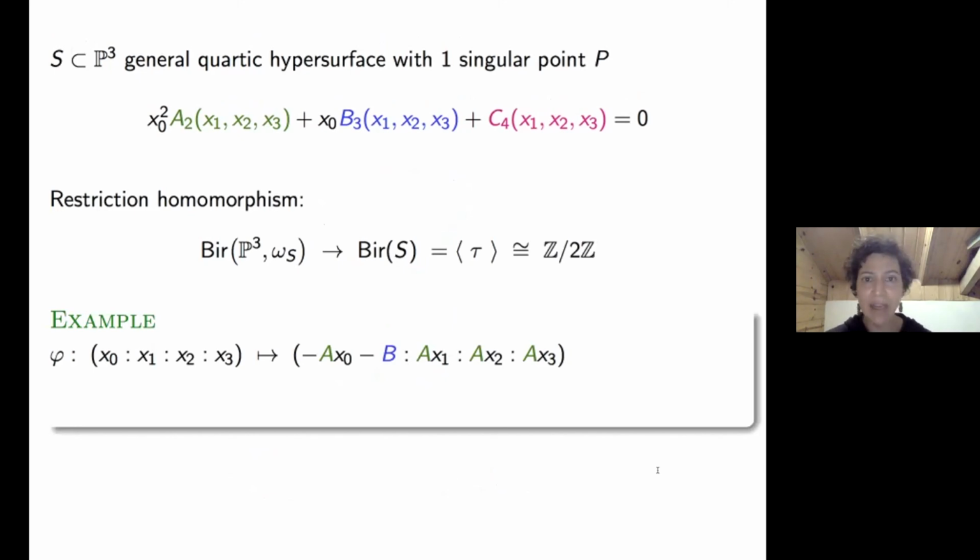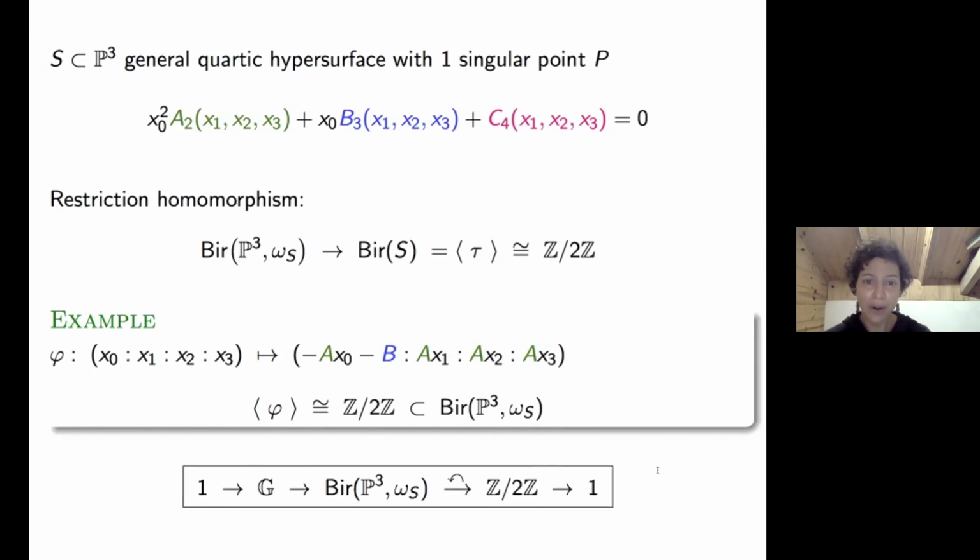The A and B are given by the coefficients of S. This birational map can be checked to preserve the volume form omega, or equivalently, it stabilizes the hypersurface, and we can also check that it is an involution. And it induces precisely our tau on the hypersurface. So we see that this map is surjective,